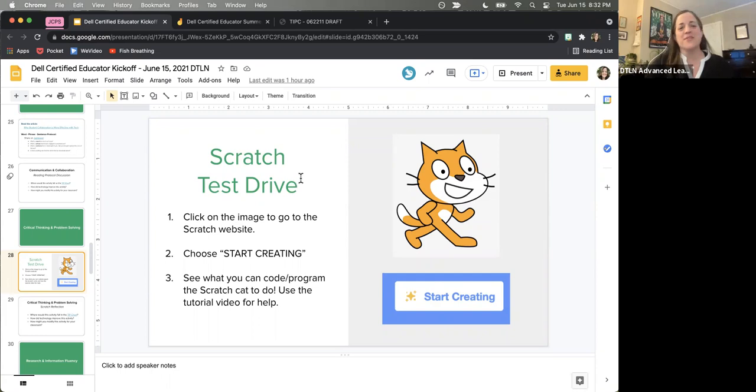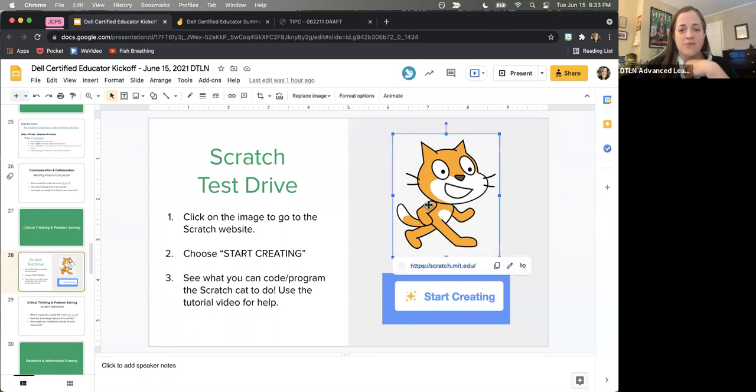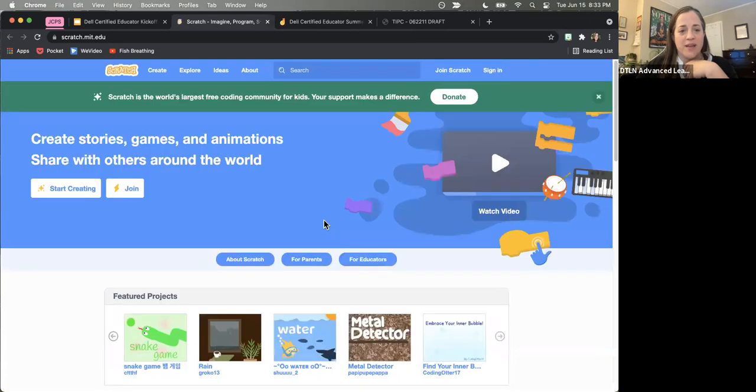It is great. It's something though that if you've never seen it, you've got to see it. It's fun to see, but it's definitely one of those things that you look at and go, okay, what am I supposed to do now? If you don't know much about how it works or the coding that works with it. And Rosalind, I know you said you haven't seen it either. So instead of having everybody click on it, I'll show you from here. I made a little test drive, and all I did was link to the website on this cat. If you click on the cat, it will take you to the Scratch website, but we'll just go through from my end, okay?